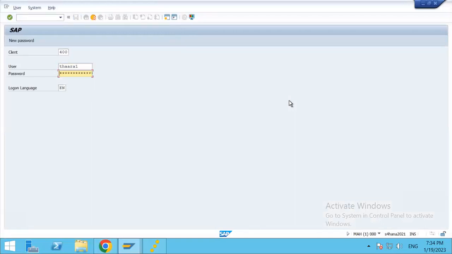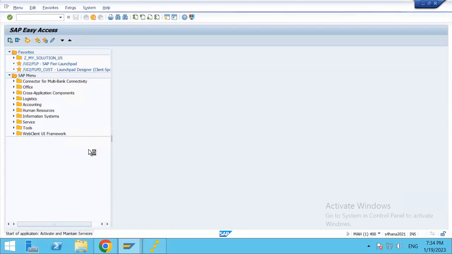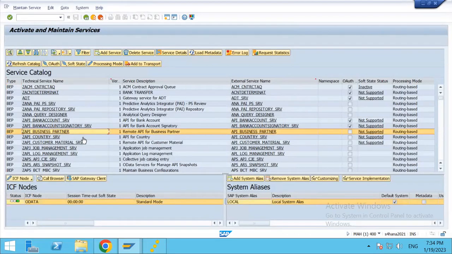I think we have already registered our OData service API_BUSINESS_PARTNER. Yes, so here we have registered this service already in our system. Let me launch it in